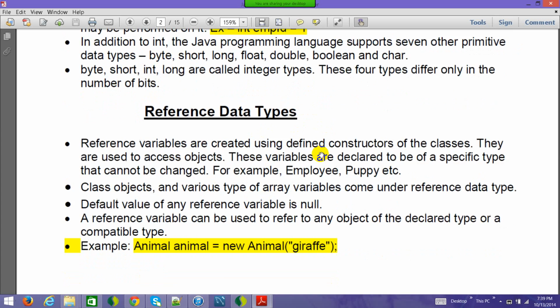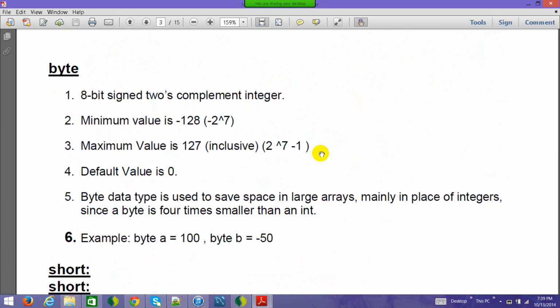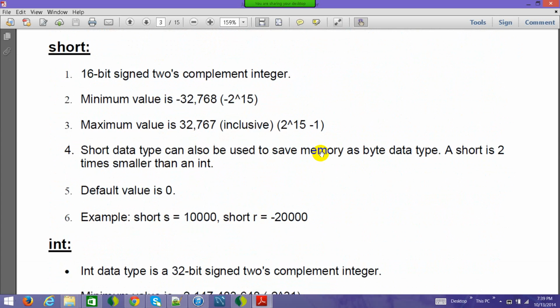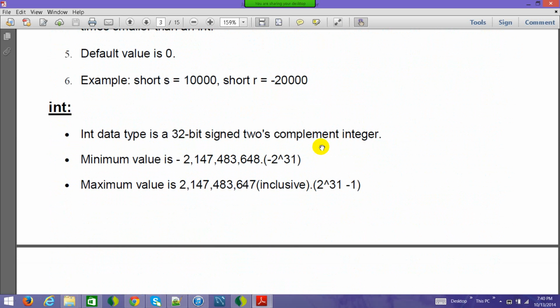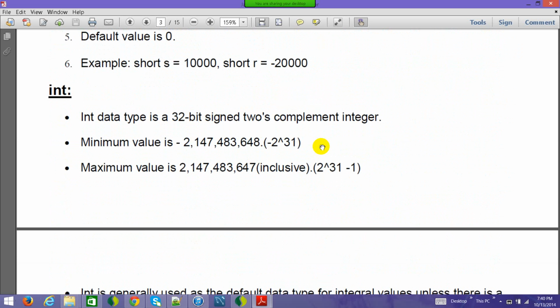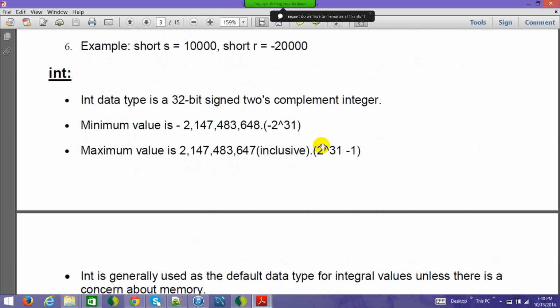Okay, now let's go down. So byte we've already discussed. Coming back to short, we've already discussed. So int is again bigger data for storing numbers. And Raghav, you don't have to memorize all this stuff, but let's go through it, because on a day-to-day basis you'll use these data types. So maximum values etc. need not be remembered, but it will help to have some theoretical knowledge. Because you need to know the data types, right?